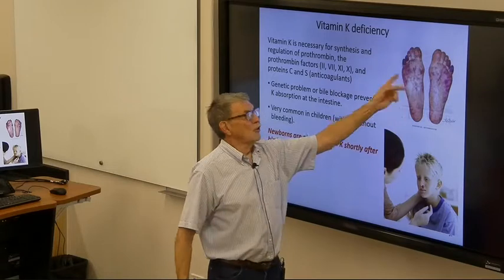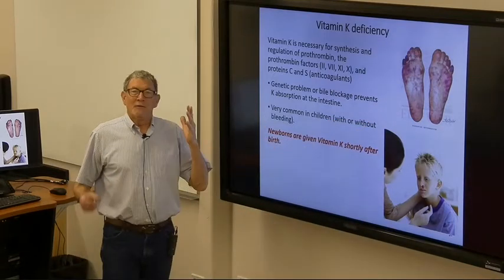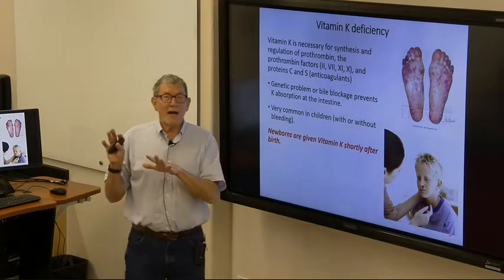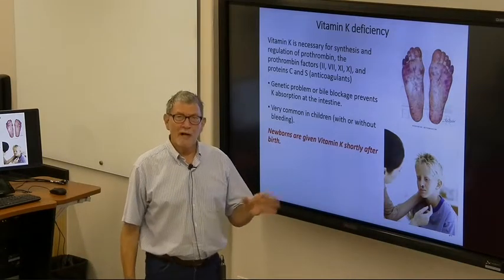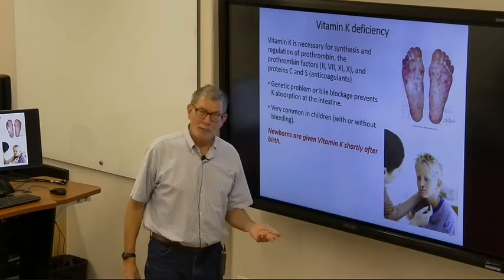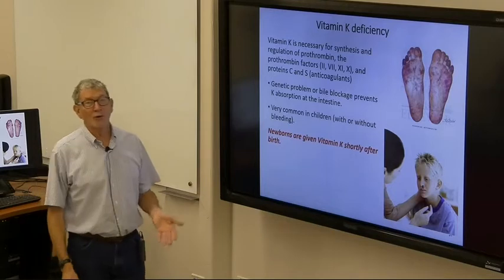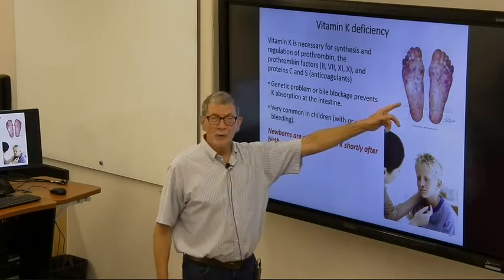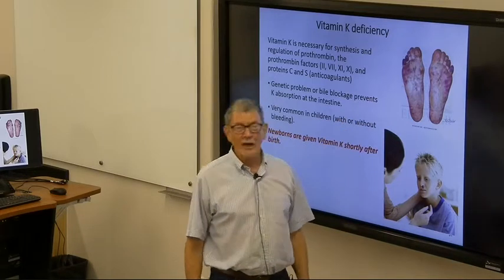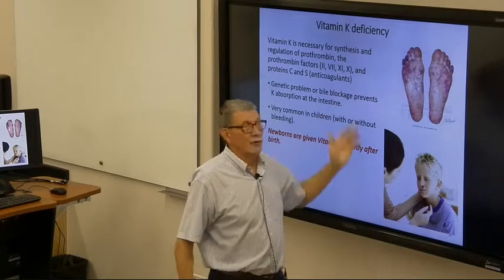Another thing that can cause spontaneous bruising is a vitamin K deficiency. Your clotting factors are many, and 6 of them require vitamin K to function properly. So vitamin K deficiency means for sure you're not going to clot properly. So even just walking around, you break little tiny micro blood vessels and they don't stop bleeding, and the bottom of your feet get covered with